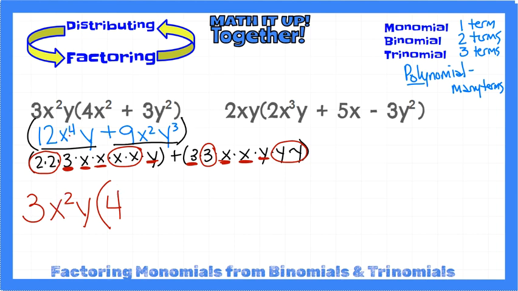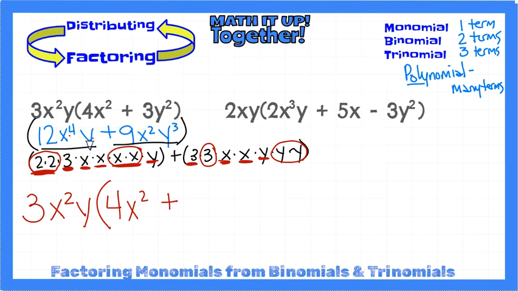I will need 2 more x's. These two need to turn into 4, so I need 2 more x's, and the y is already there. So you can see here's the 4, and here are the 2 x's. All right, and if I want to turn a 3x squared y into a 9x squared y to the 3rd,